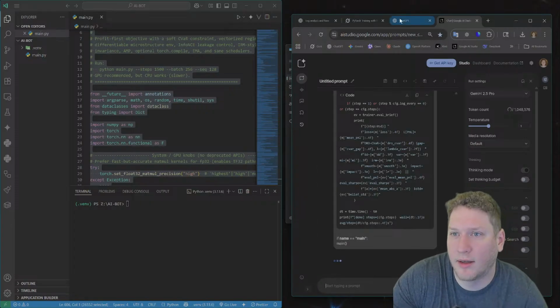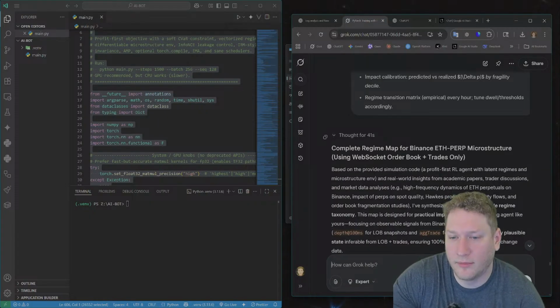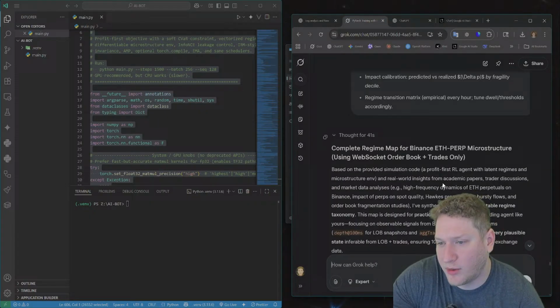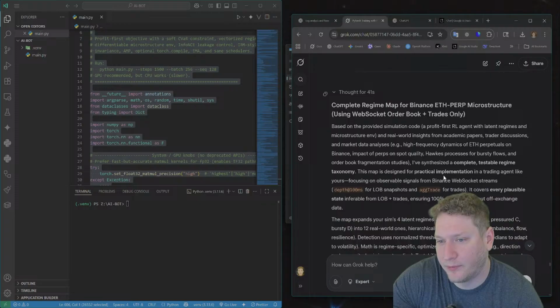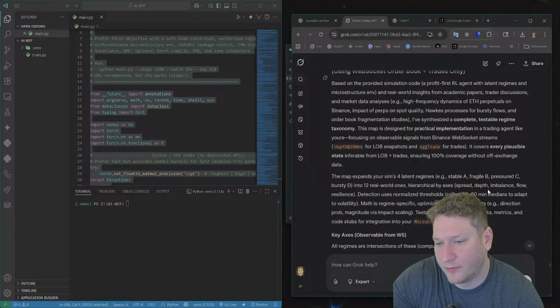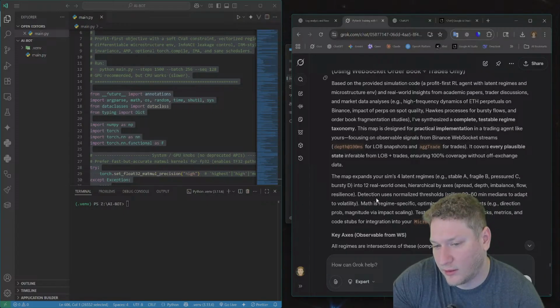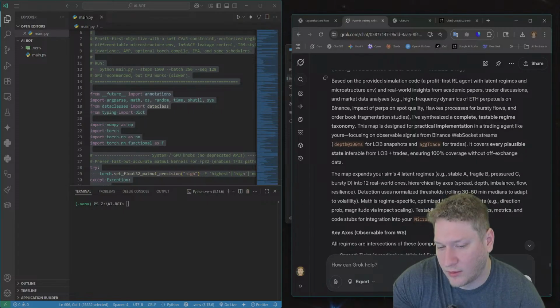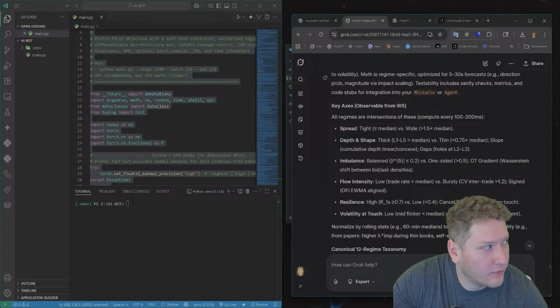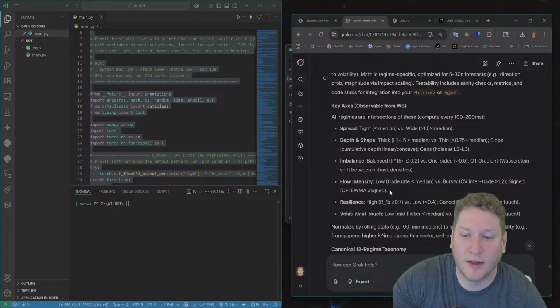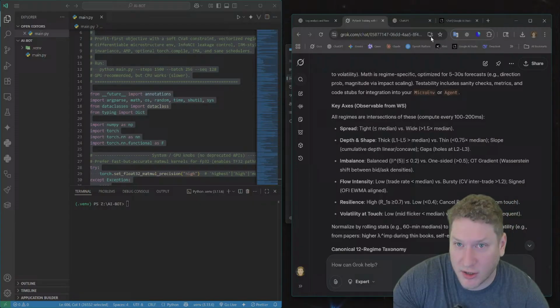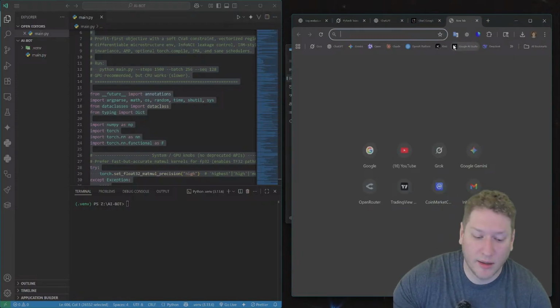All right, let's get that quickly loaded up. Complete regime map. Stable, fragile, pressured, bursty. So for an algorithm, you're going to want to map the regimes.